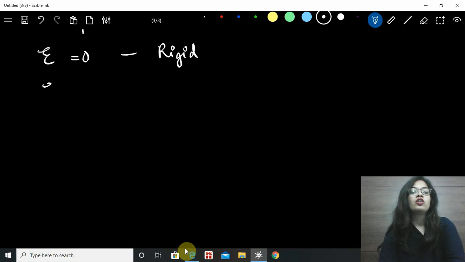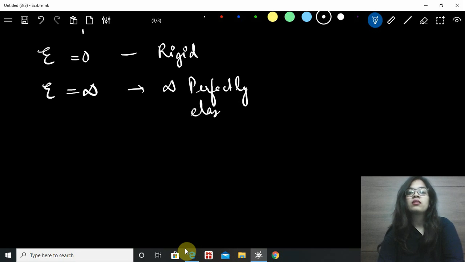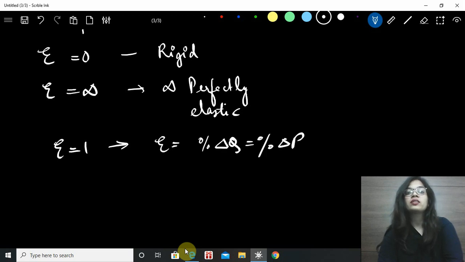You can have elasticity equal to 0, which means that the product or the good is rigid. It does not change according to change in price. You have extremely elastic product, that is infinitely elastic, or you can call it perfectly elastic, right? And you have unitary elasticity, which means that the elasticity is 1, which means the percentage change in quantity is equal to the percentage change in price. Now how the graphs for this will go is,